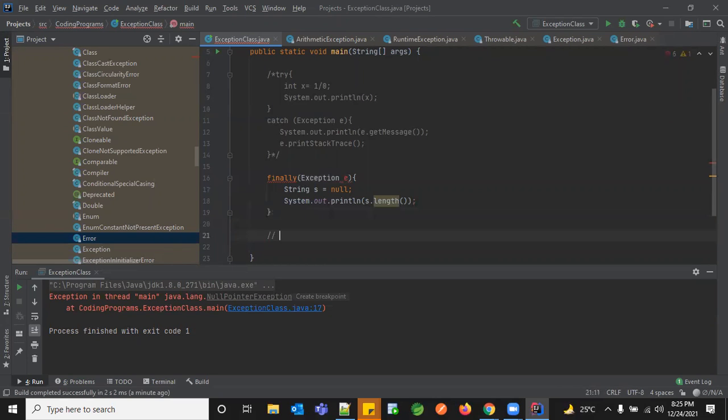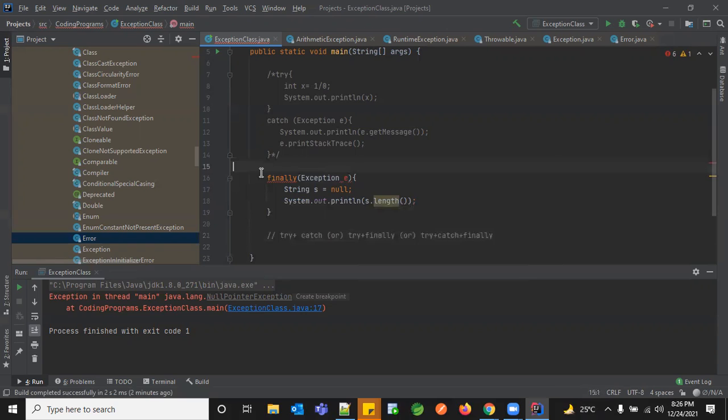So you can either use them in the possibilities of try plus catch, or try plus finally, or try plus catch plus finally. So these are the possible combinations and you can't interrupt them with any piece of code. It should be together in sequential flow. If you write any piece of code in between them, that will actually give you a compile time error.